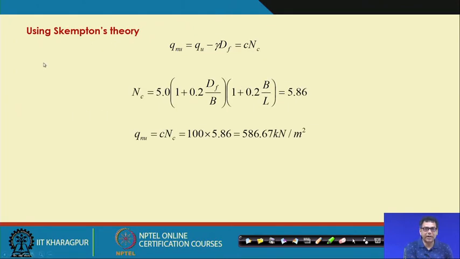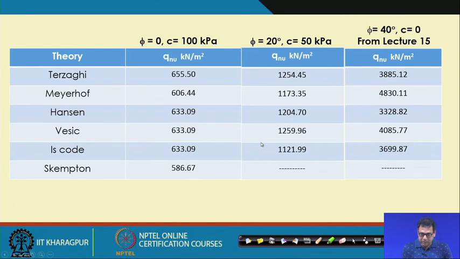Now, as I mentioned, I can use the Skempton theory also. This is for the rectangular footing. So, this is the Skempton theory. If I put this value Df by B, and this is the net ultimate C Nc or Cu Nc, and this is the value that is coming out. And so, now I have taken all the combinations.